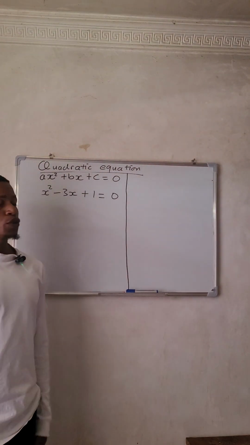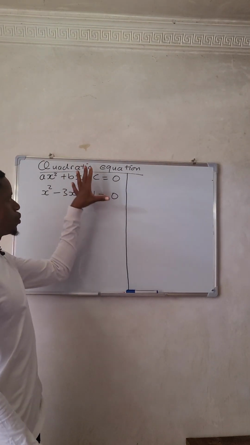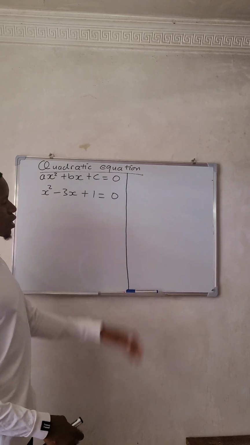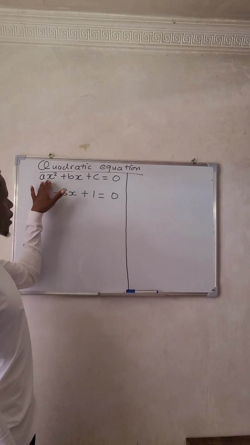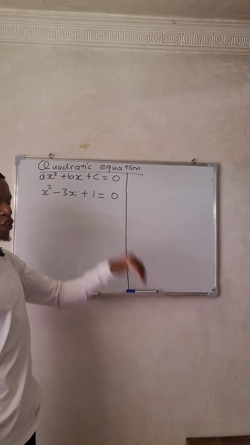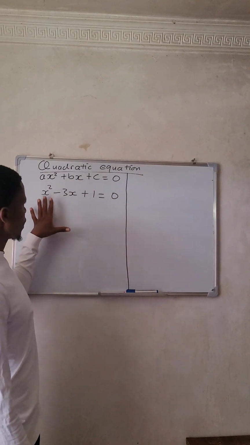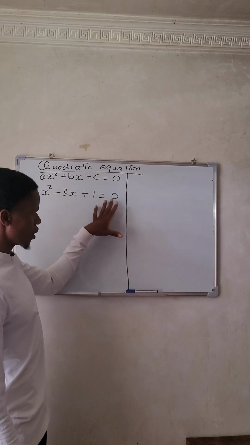Right, hello guys. So today we are going to do the quadratic equation again. The quadratic equation has a general formula ax squared plus bx plus c, which is equal to 0. So if you are given a quadratic equation like this one, x squared minus 3x plus 1 is equal to